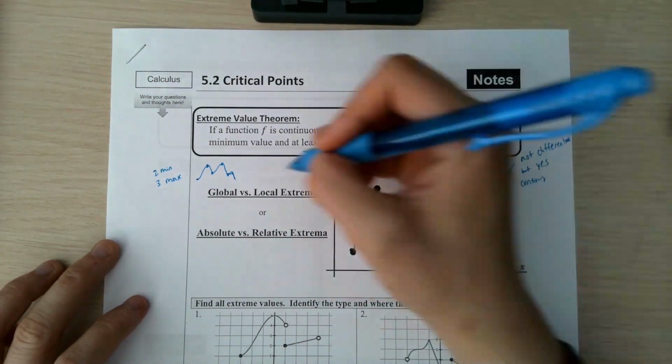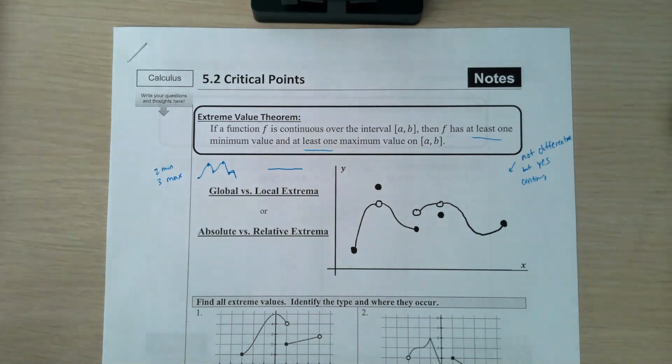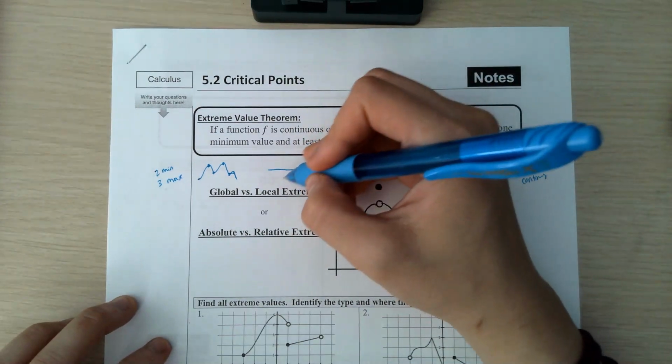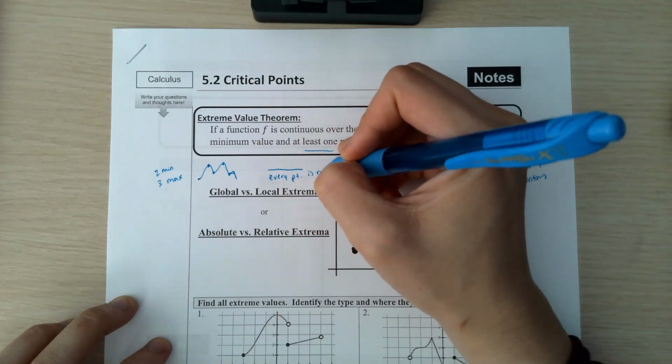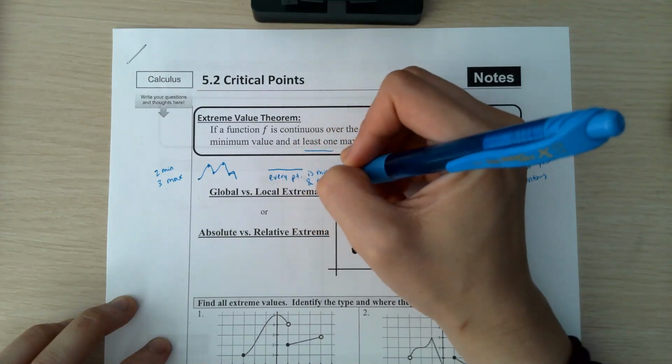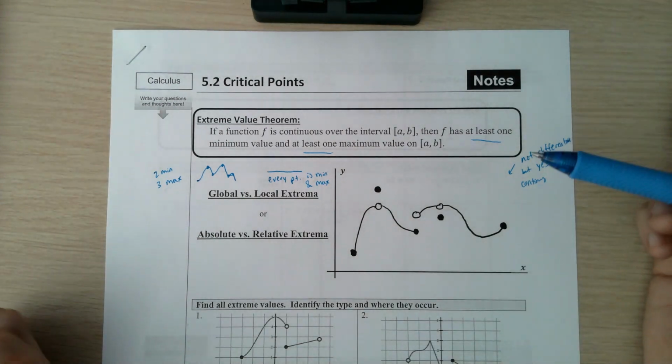Another tricky one is if I just have a straight line, they're like, well, where's the min and the max? Well, technically here, every point is a min and a max. Sort of like, you can make a joke, if you're an only child, you're the oldest and the youngest sibling.